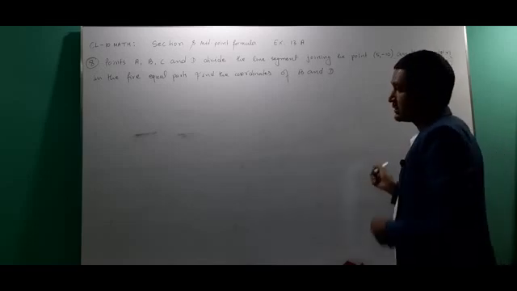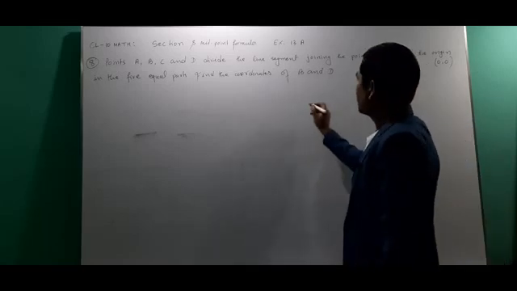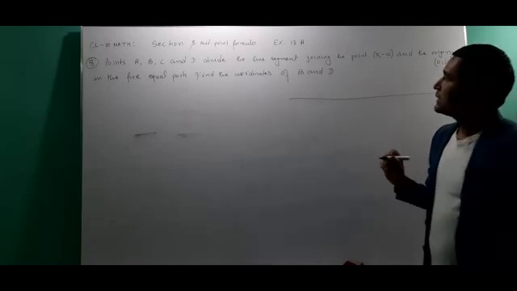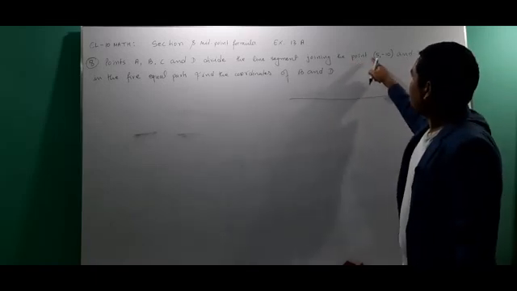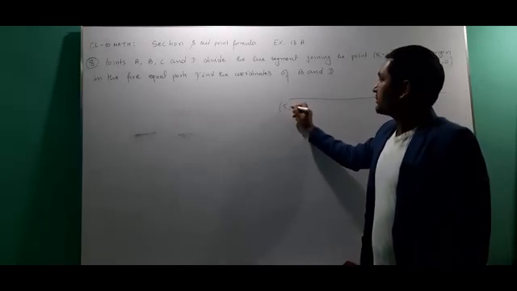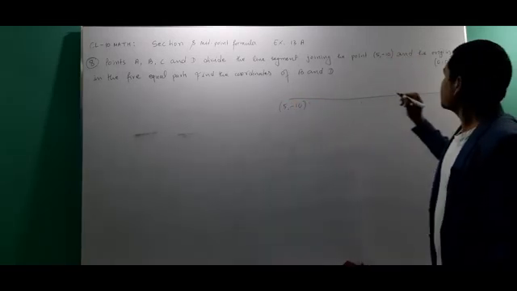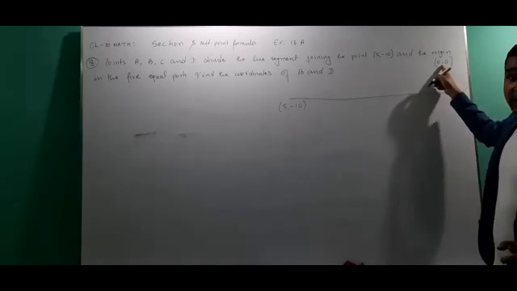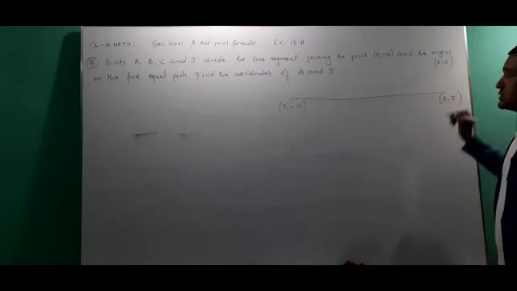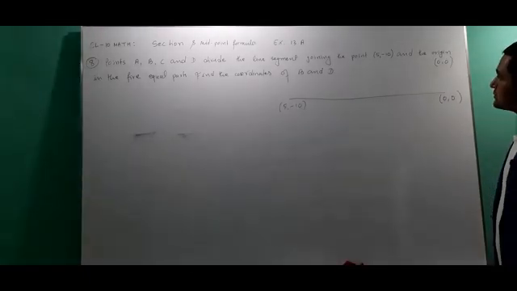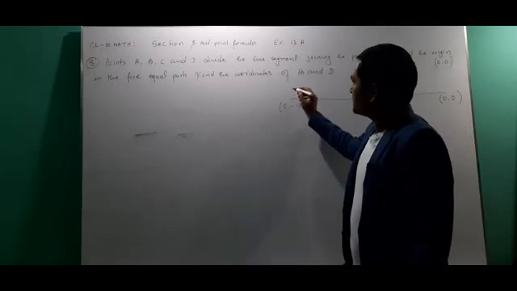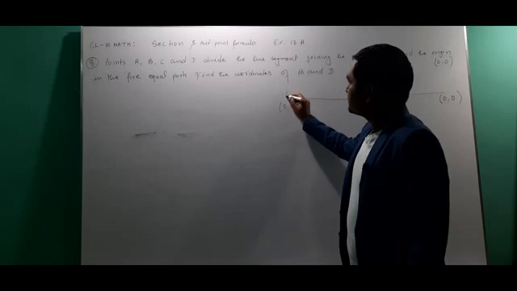Now let me draw the rough figure. Suppose this is my rough figure. Then the coordinates of this line segment are given. The first is 5, minus 10 and the second is the origin. Origin means 0, 0. Now let's mark this as R